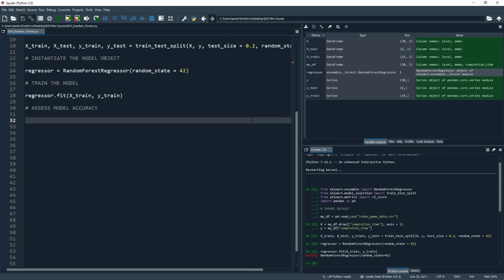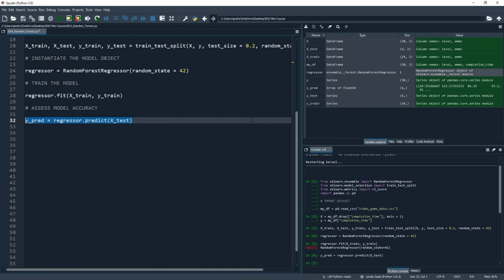So let's create an object called y_pred. And that will be equal to, again, our regressor object, but this time .predict and parentheses. And then within here, we are going to pass it X_test, which, like I said, is the input variables for our test set.